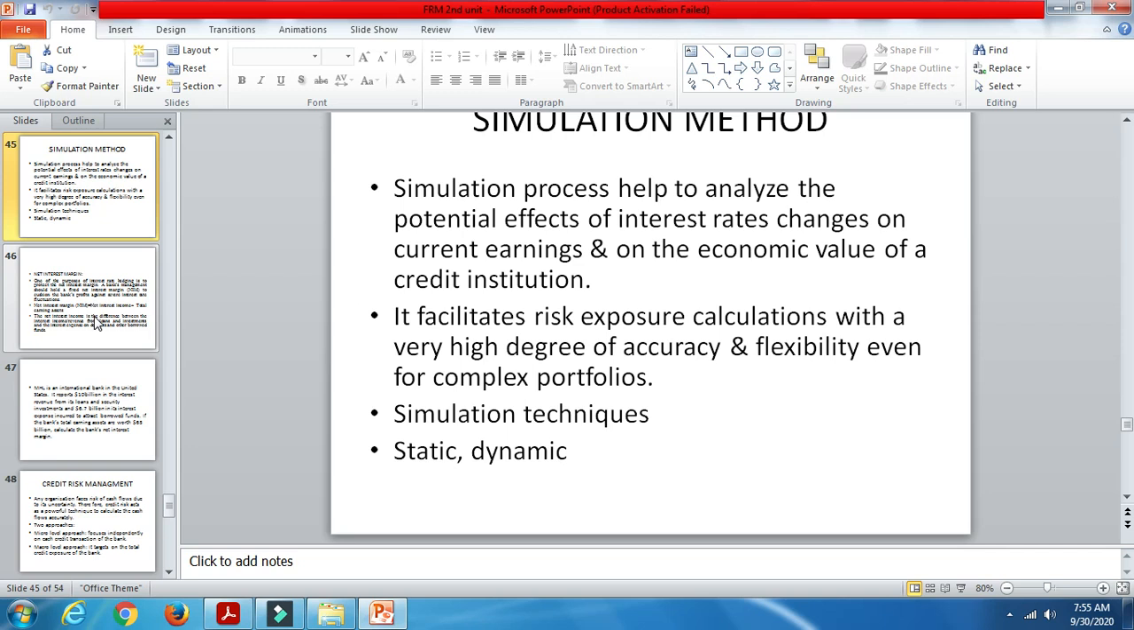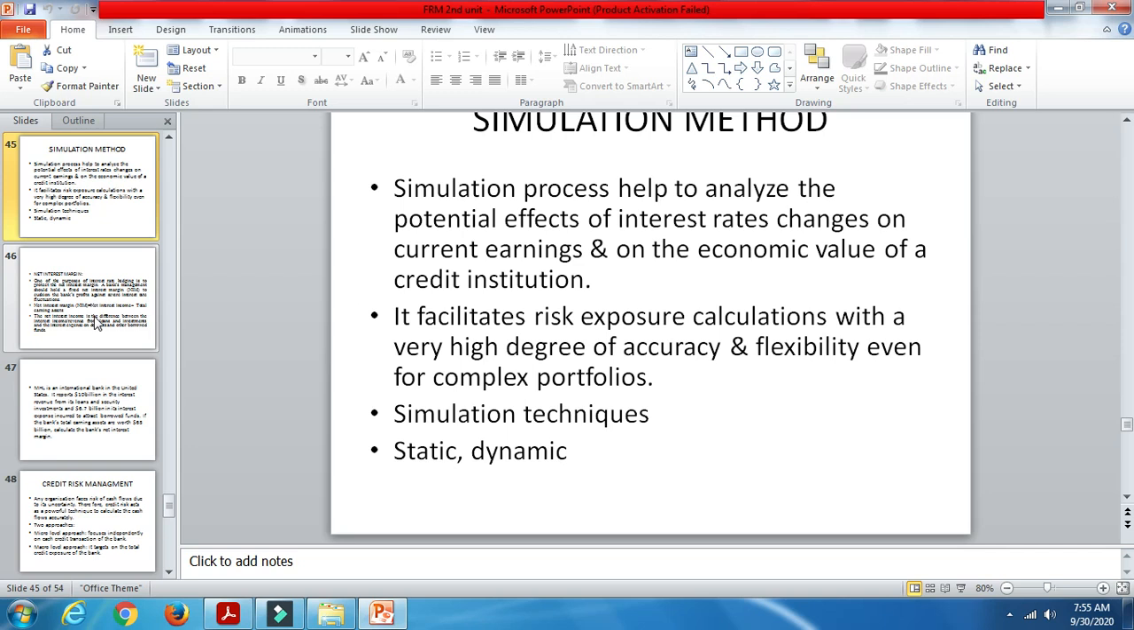The simulation process helps to analyze the potential effects of interest rate changes on the current earnings and on the economic value of a credit institution. So economic value will be affected. It facilitates risk exposure calculation with a high degree of accuracy and flexibility even for complex portfolios. Because